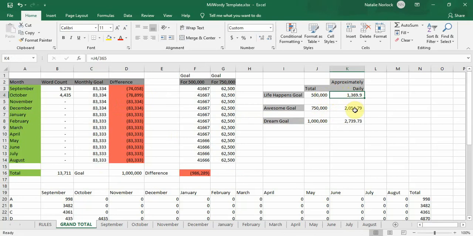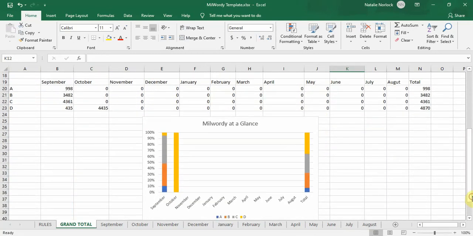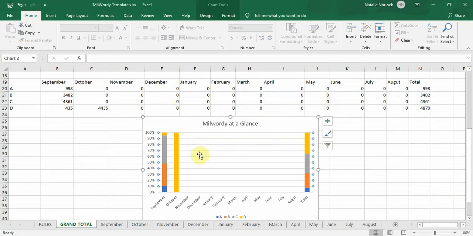Also, I want to show you how the daily goal, based off 365, not daily goal by month, is different for each of these. So just something to work off of. So without further ado, let's go to my Milwordy tracker